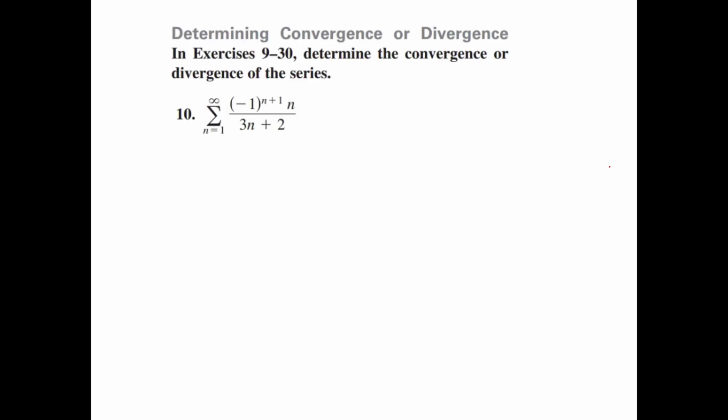So up first is this problem. Now you see here your factor that is going to make it alternate, because everything else is positive: n, and the 3n plus 2 is positive. So this is going to alternate, right? But the a sub n in this problem would just be given to us by the formula n over 3n plus 2. And just by looking at that, you should know that the limit as n goes off to